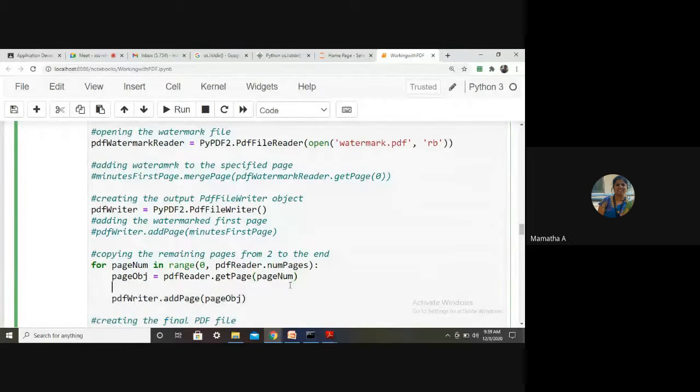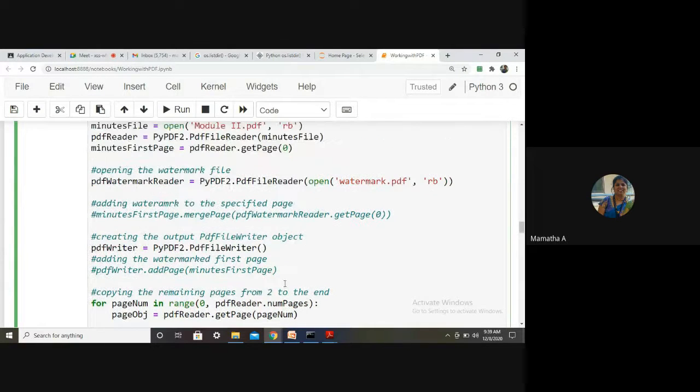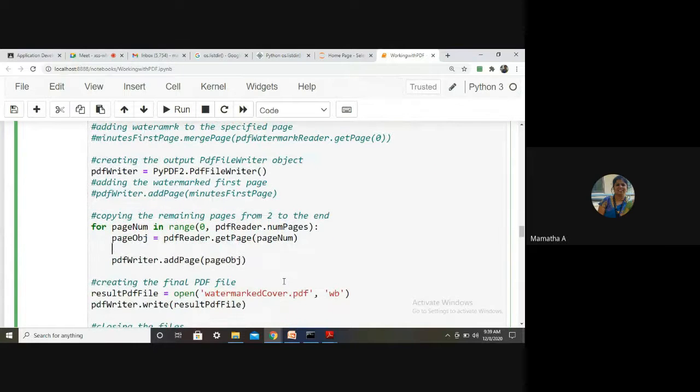After extracting every page, what should I do? Merge it, isn't it? So after extracting every page, I should call for every page which one? The merge page. So page obj dot, what should I write? Merge page.